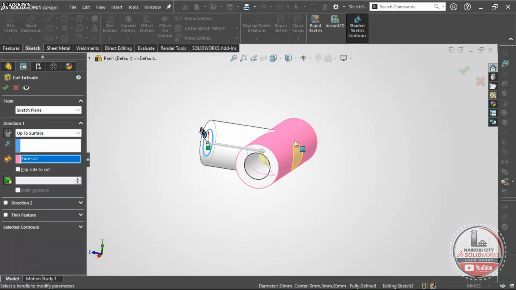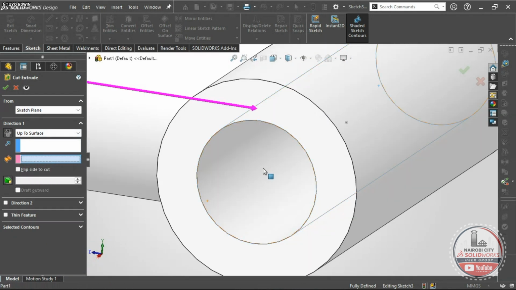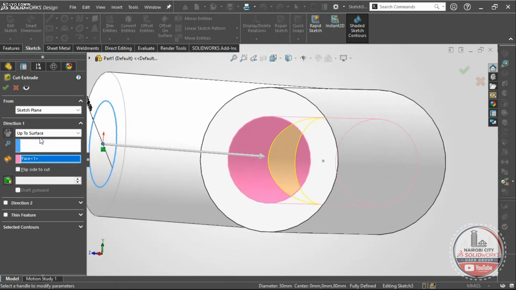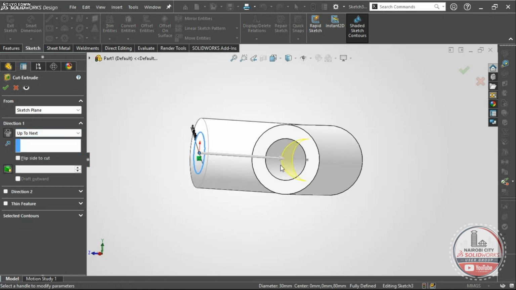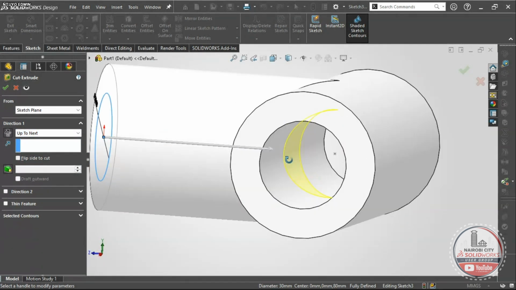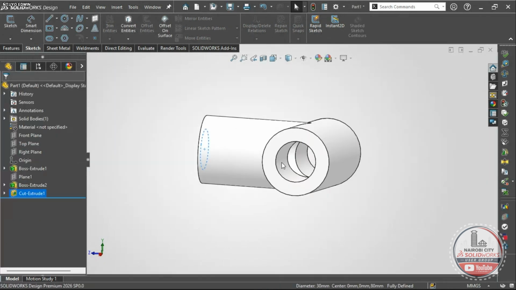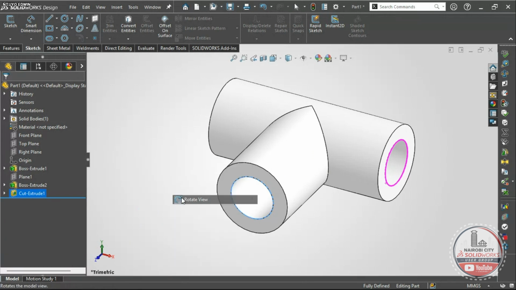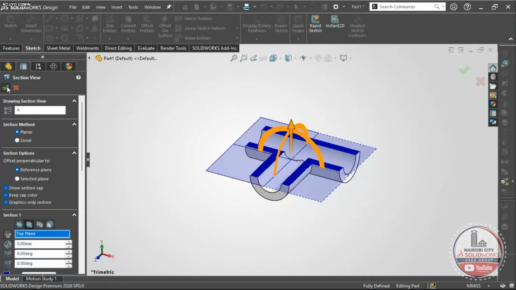So if you are going to use up to the surface, the best way is only to show the inner surface. And if you are going to use up to the next, the software will automatically sense the next surface to put a wall there. So when I say tick, it will come in that way. And when I decide to go for a section view and I change this,